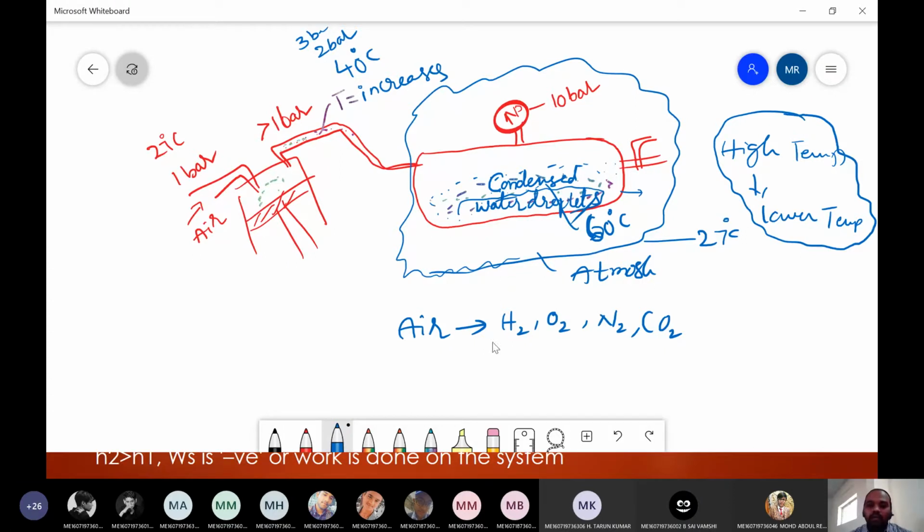If anyone is really interested, how many of you have seen an air compressor tank? How many of you are familiar with the air compressor tank? Yes, sir. Right. It is used in daily life to inflate the tires.